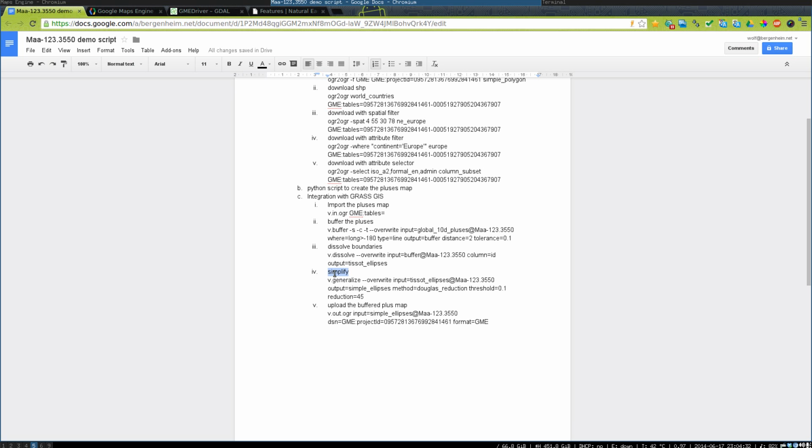Because this is a demo account, it has a limit on the number of vertices. This you won't have if you have a full-featured paid account with Google. Then you wouldn't need to simplify it. You could upload the raw thing. But since this is a demo account, we will do this simplification step, and then finally we will output or